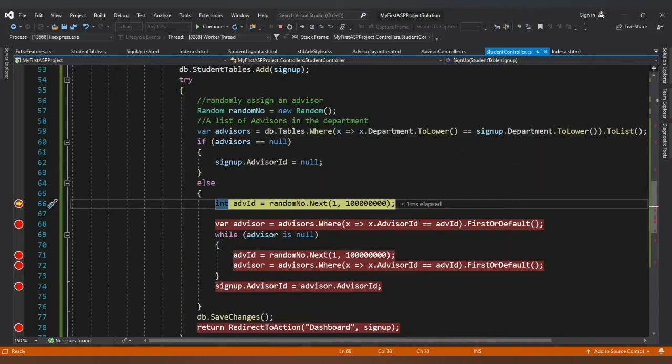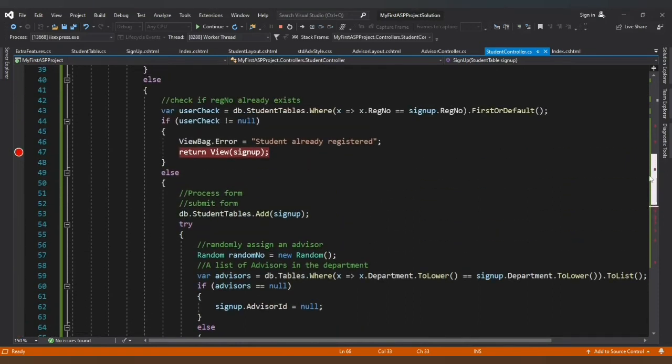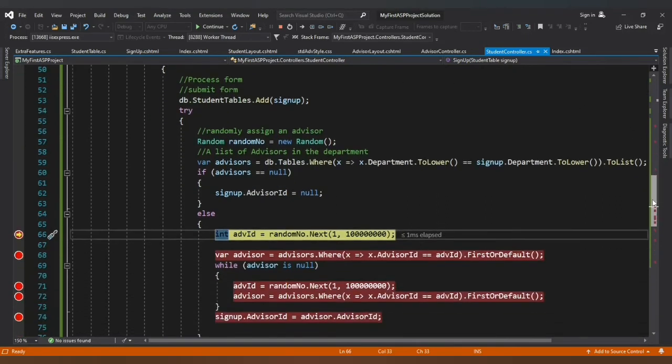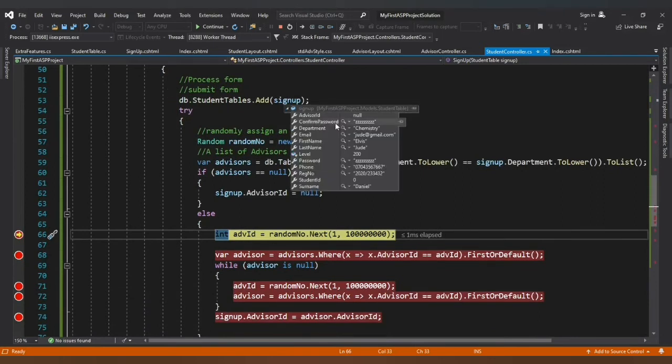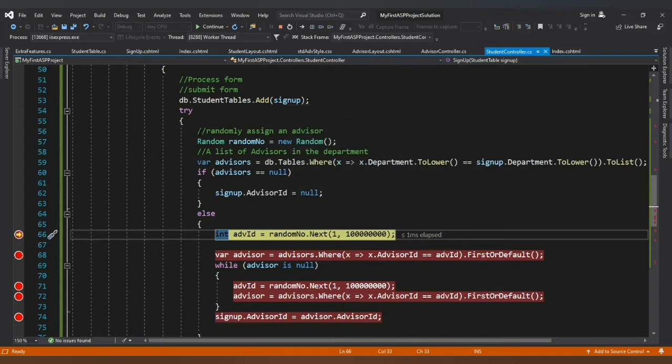Alright, so it comes here. That means the phone number is valid this time around, and it checked in the table and it did not find any students with that same reg number. So in our sign up, let's see, these are the information there. Okay. Alright, so it searches for the list of